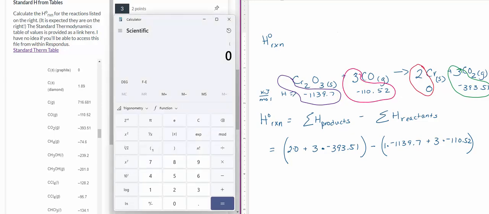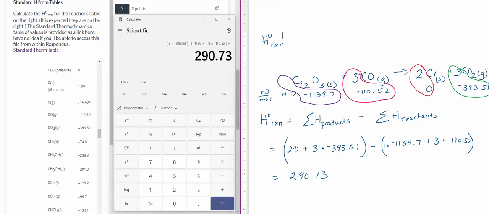Now 2 times 0 is 0, so let's just forget that part. And with this particular calculator that came with my computer, you have to enter the number and then add the negative sign. But work your calculator your way as long as you get the correct answer. So we're going to subtract from that the sum of the reactants. So I'm going to go 1139.7, change the sign, plus 3 times 110.52, change the sign, close the parenthesis, and I get a total of a positive